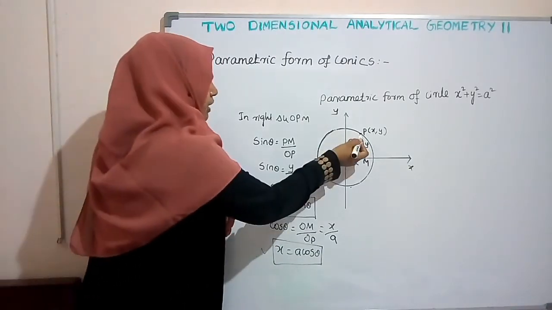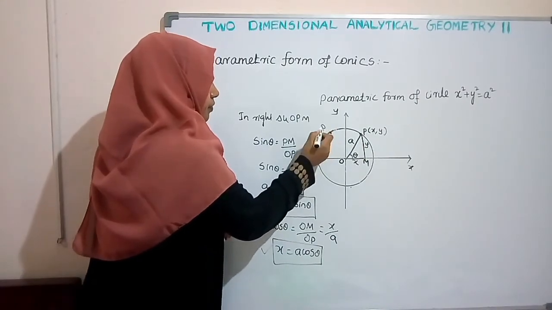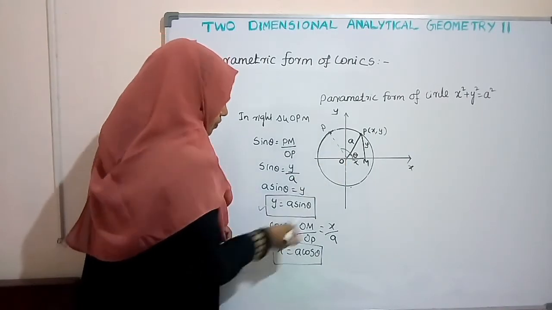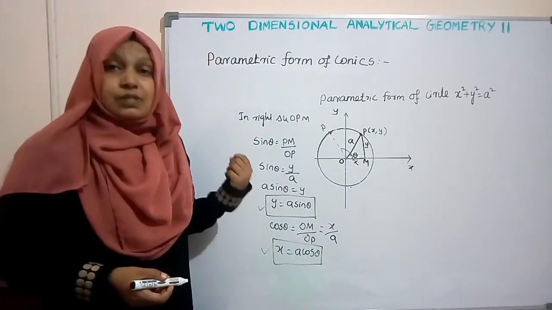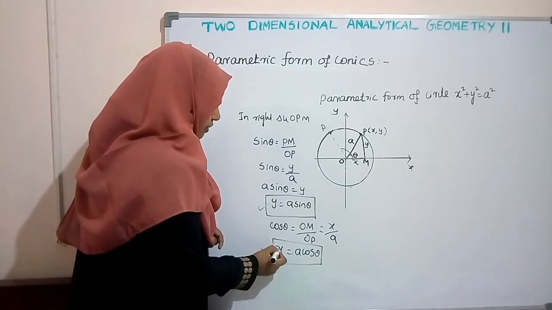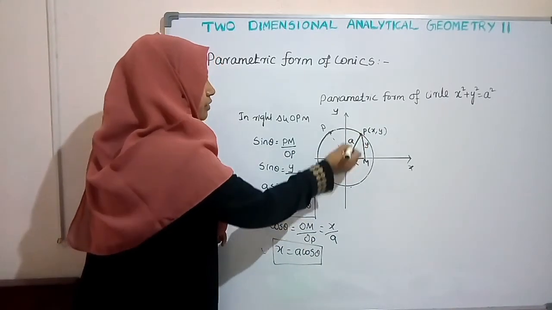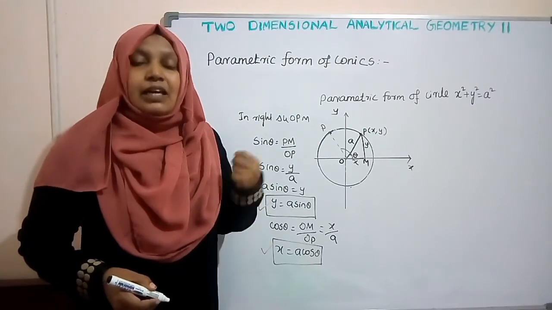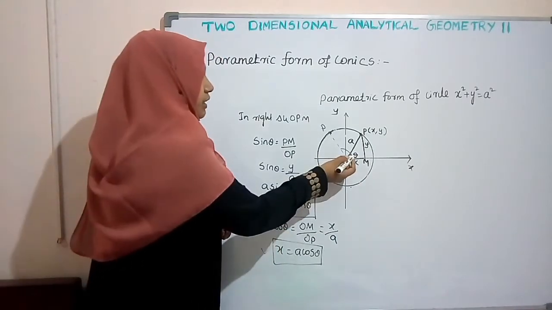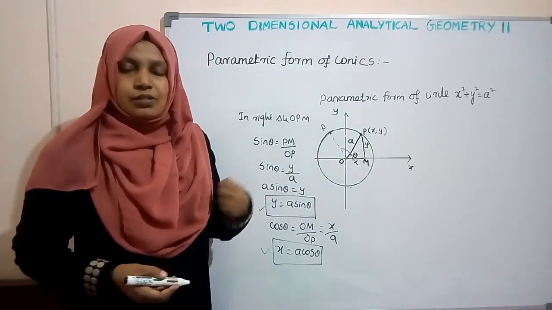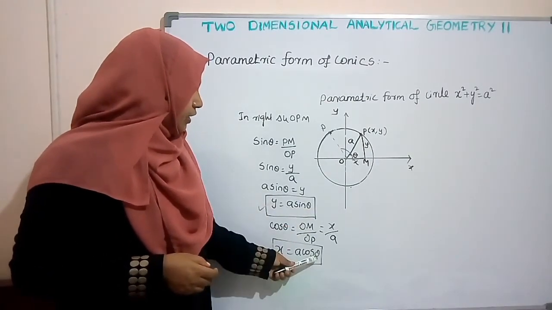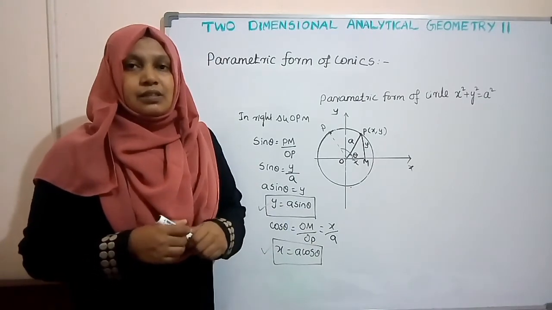Okay. Suppose you take another point P here, then the theta value will change. So when the theta value changes, you will get different values for x and y. Using this parametric form, we can find all the points on the circle, because we can find the x value using this theta and radius. If you know the value of theta and radius, we can find all the points on this circle. Okay. When the theta value varies, the point also will vary. Radius is always constant in the circle, but the theta value differs at each point.